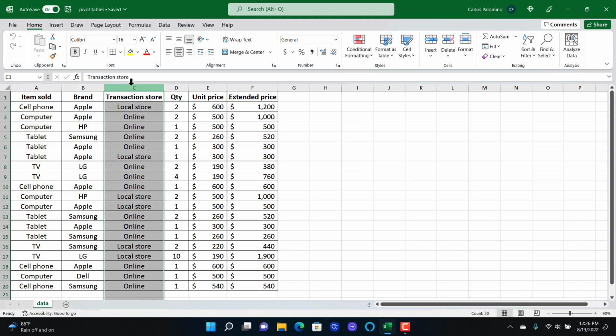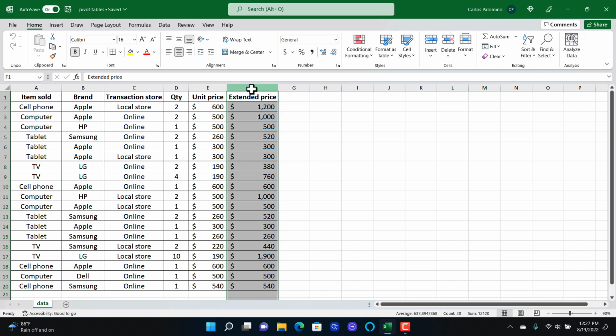Transaction store shows where the sale was done, online or local store. Quantity is the quantity of products sold per transaction. Unit price is the unit price of the product sold. Extended price is the total price of the product sold and is the result of quantity multiplied by price.